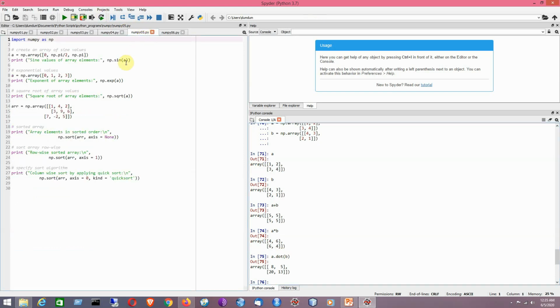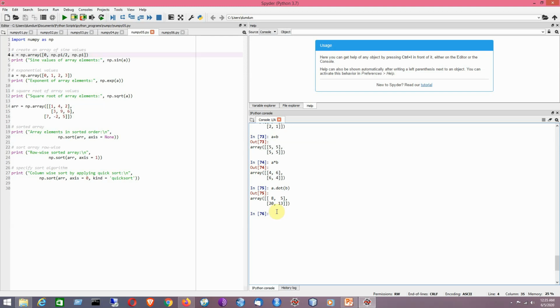Next comes the fifth example. I would like to create here an array of signed values. So now I would like to check it. Yes, it has created a series of signed values.